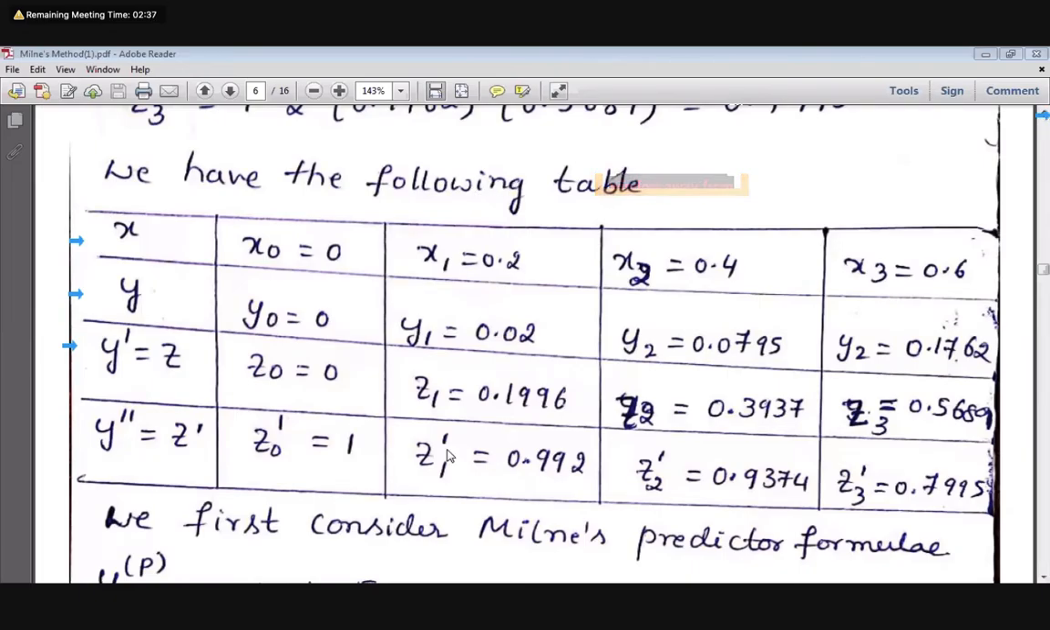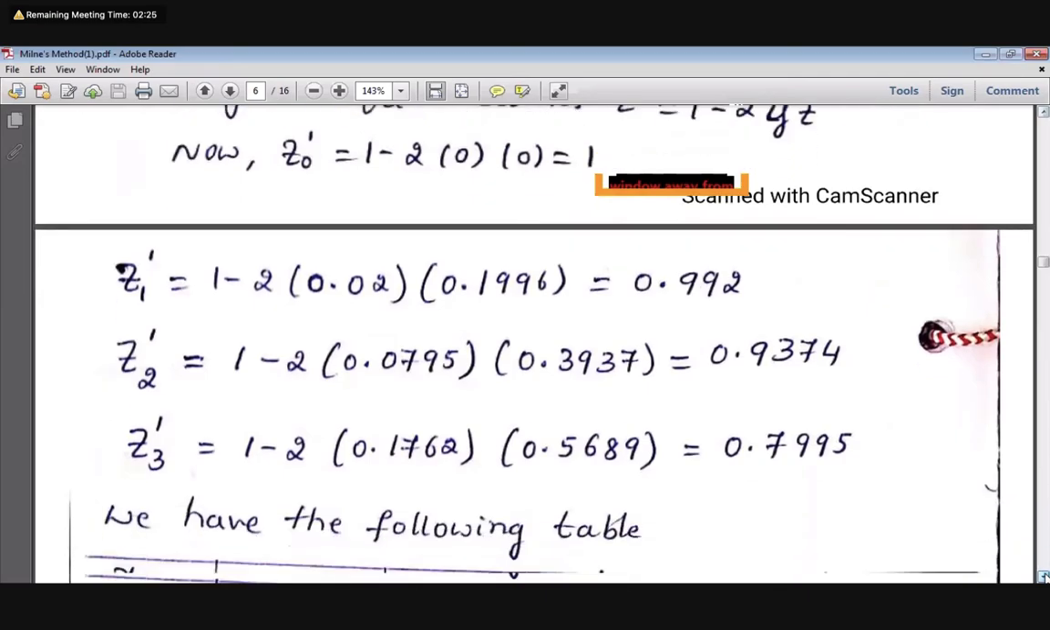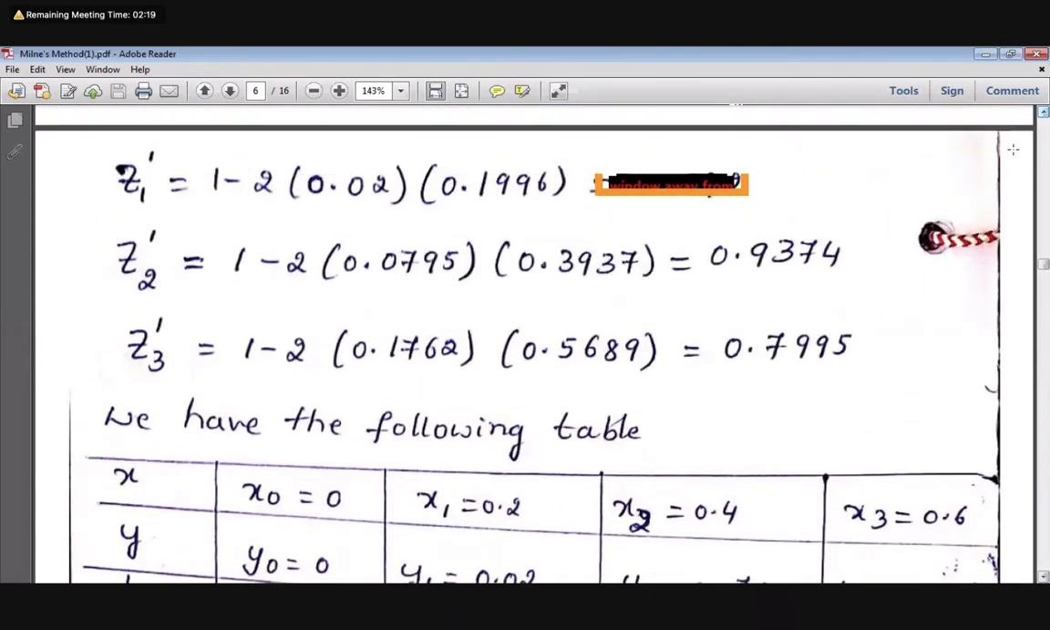For that keep these data blank. Then calculate here, then substitute back. That's what I told. Why am I telling? Because